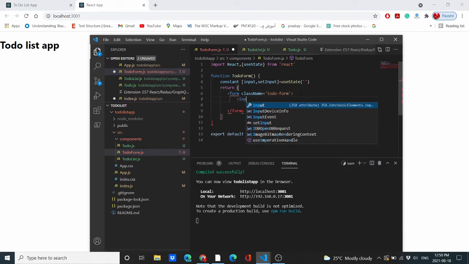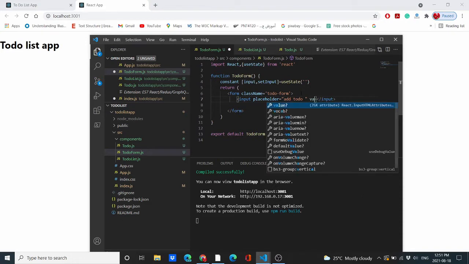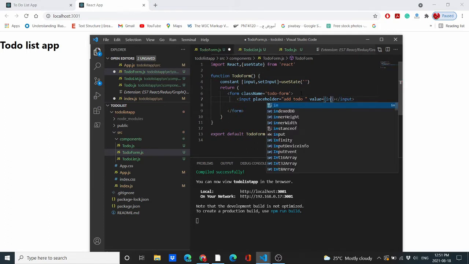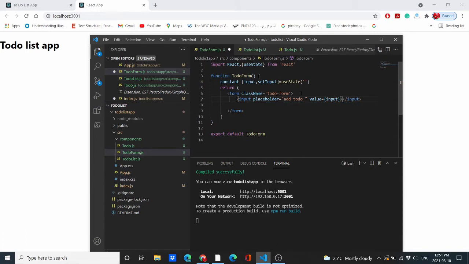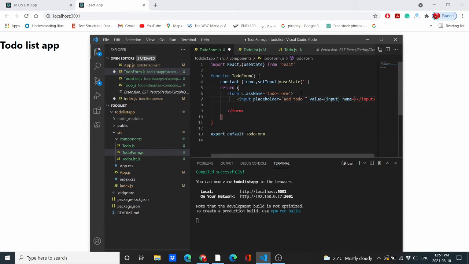we use the input here, and inside the input I need placeholder equals add to do, and then value is equal curly braces input, and name is text,